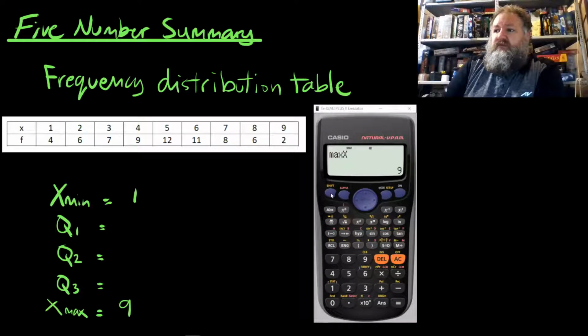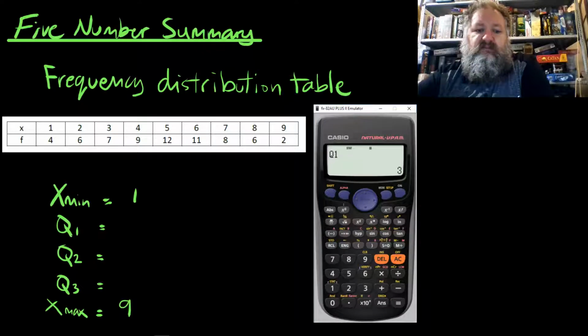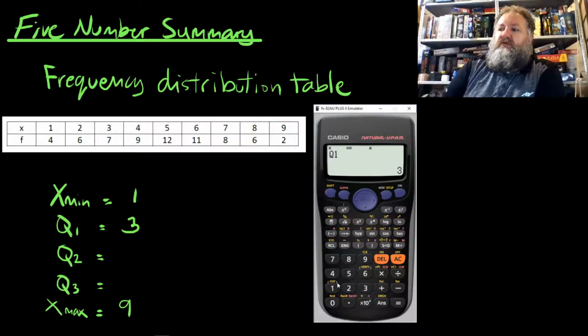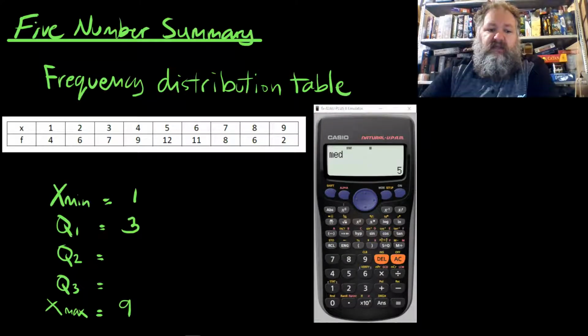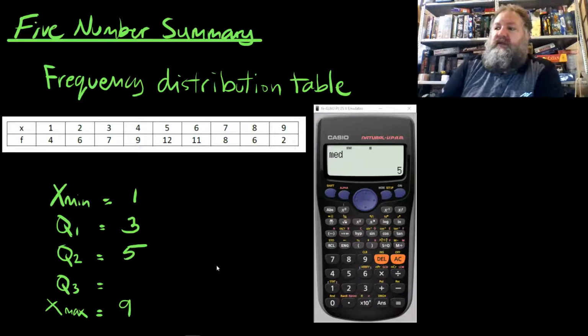We'll get our Q1 data. So we'll go Shift 1, back into number 5. Our Q1's number 3. So I can press the equals, and it will tell me that my Q1 is 3, which we can then write in. And then I can go back and do my Q2 data, Shift 1, 5, we want our median, which is our Q2, and equals, and it will be a 5, so we can put that information in. And then our Q3, we go Shift 1, number 5 for the min-max, and Q3, number 5, and hit equals, and it will be